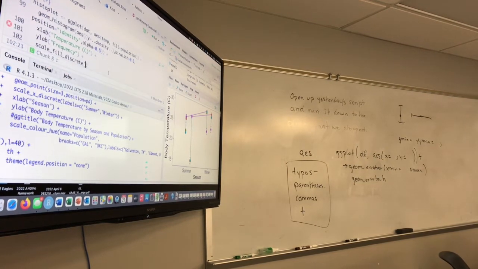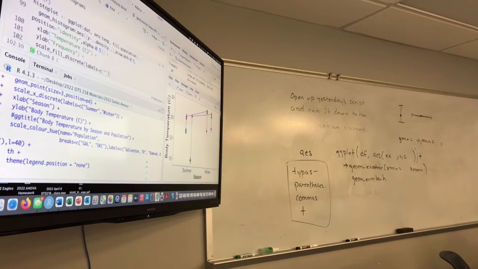Scale field discrete is going to allow us to change the names on things. Since population is what we are filling with, we might want to make labels that are more descriptive than gal and OKC. So we can put this in here, concatenate it, put it in quotes because that's all labels go in quotes. Oh, sorry, I messed up. You have to tell it that you're going to define labels. So put labels, then equals C, and then